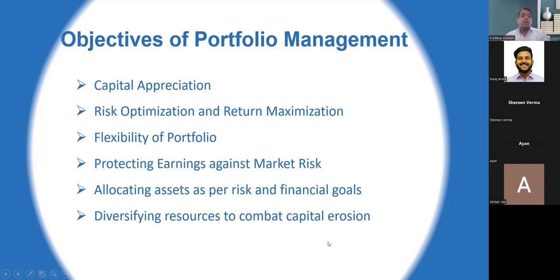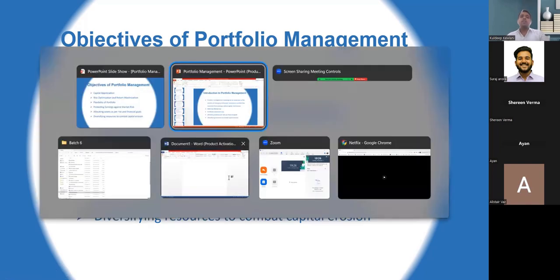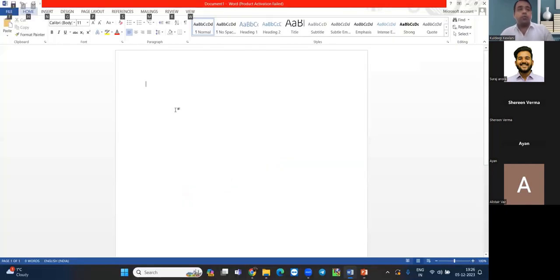So we have to understand how to combat the situation when capital is going up. Let's take a small portfolio example. I'm just saying it, I will give it in the exam. This question will come direct. So pay very close attention, because it is not only from the exam perspective. This is very practical in nature, which will help you throughout your life to manage your own investments, right?